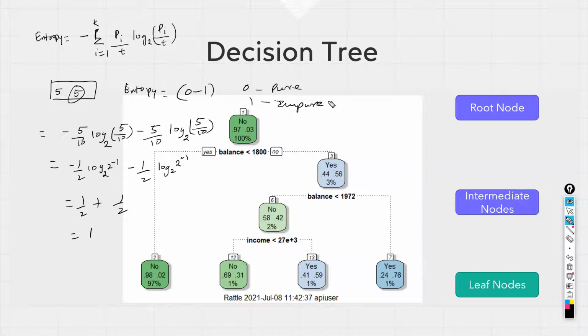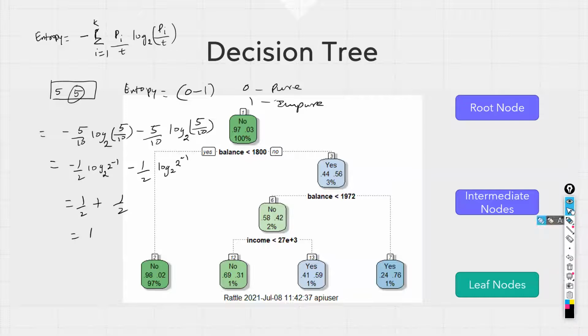The concept remains the same, but since the metric and the formula have changed, it would change the computations behind the scenes. So when you read about another tree-based algorithm, instead of using Gini as the measure of impurity, they might use entropy as the measure of impurity. It's just some cosmetic changes behind the scenes, and you would be able to recompute everything based on the formula. Okay, so that's how this tree is generated.